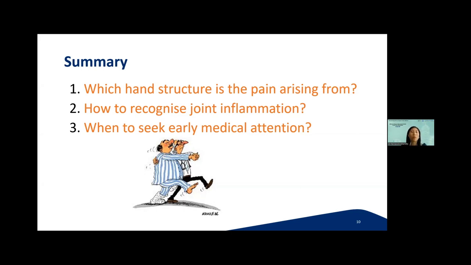Or if you have other symptoms associated with the joint pain, because it may hint that you might have a systemic condition such as autoimmune conditions that not just affect the joints, but other organs in the body also. Lastly, if you had trauma or a physical injury to the hand, please seek medical attention to make sure it's not a fracture or a sprain injury that we are dealing with.